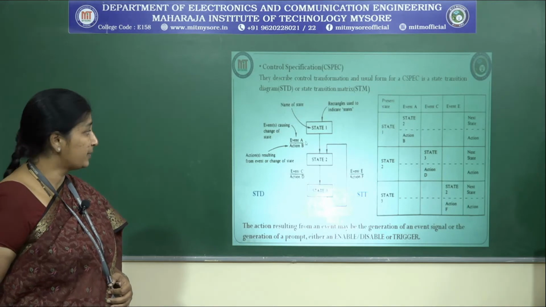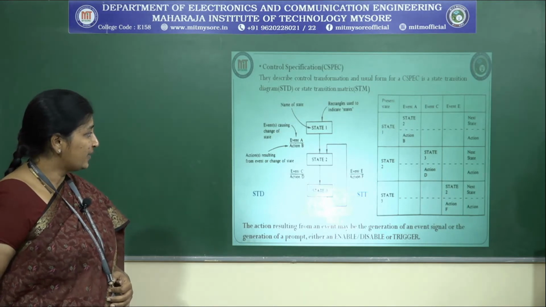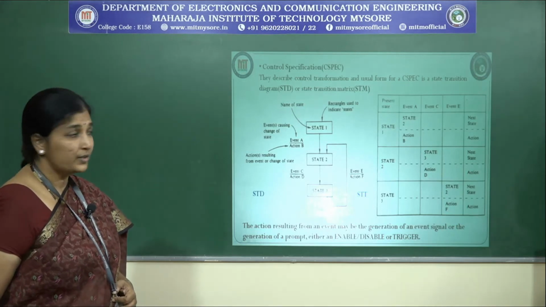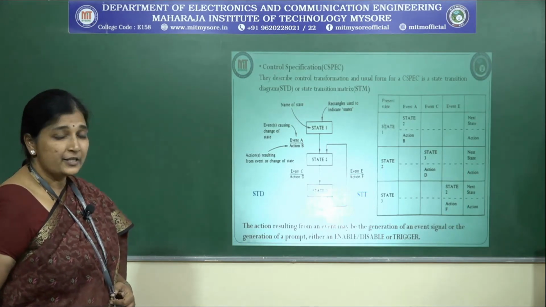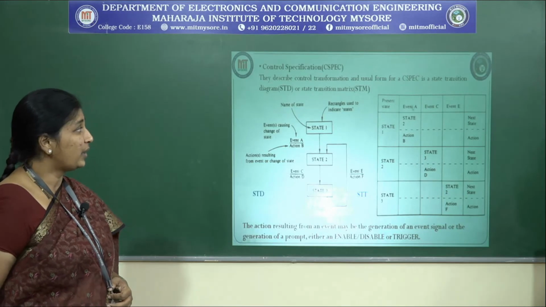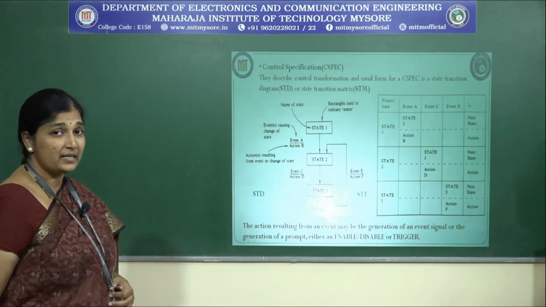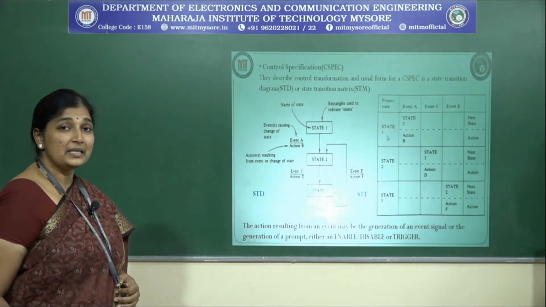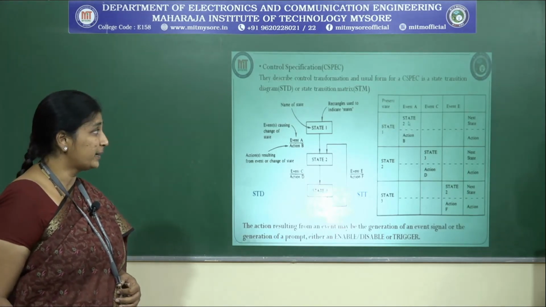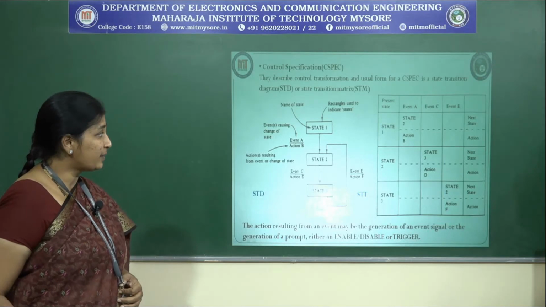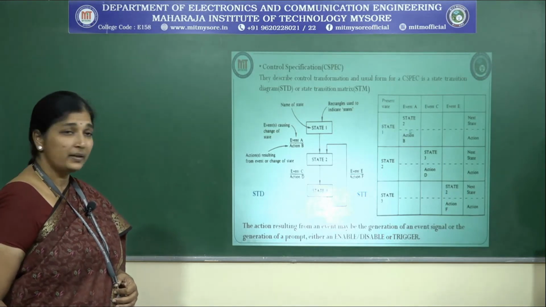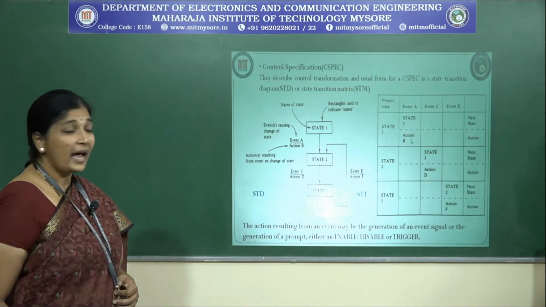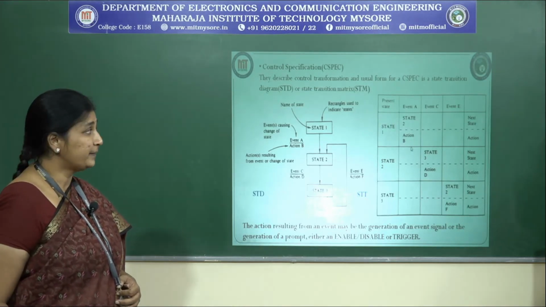If you see this diagram here, you have event A, event C and event E. So you're writing along the row. First is the present state, and then what are the events that have occurred, right? And what is the transition which is happening in state 1? It is changing from state 1 to state 2 at event A, correct? This is event A, and the action was B, right?